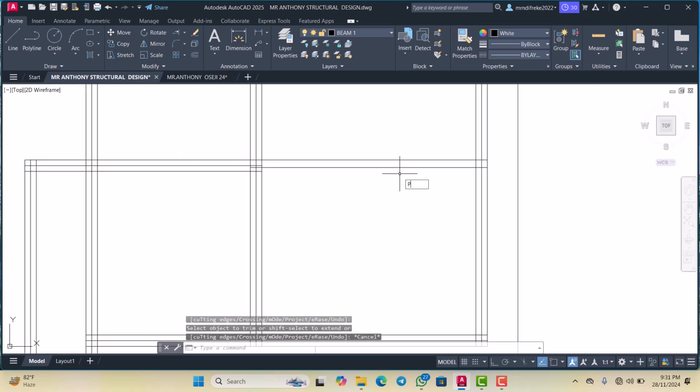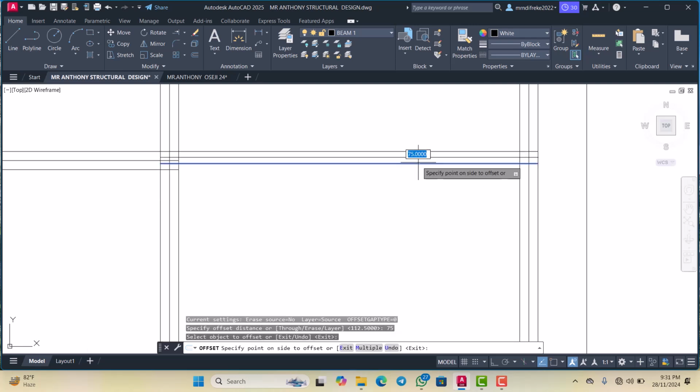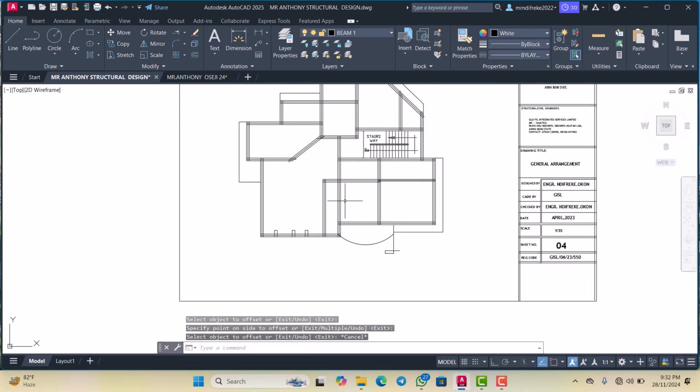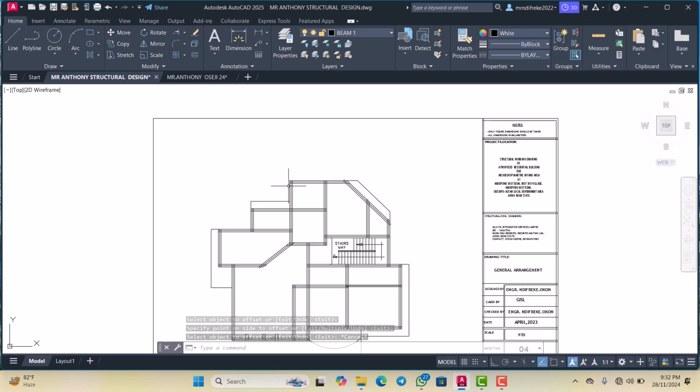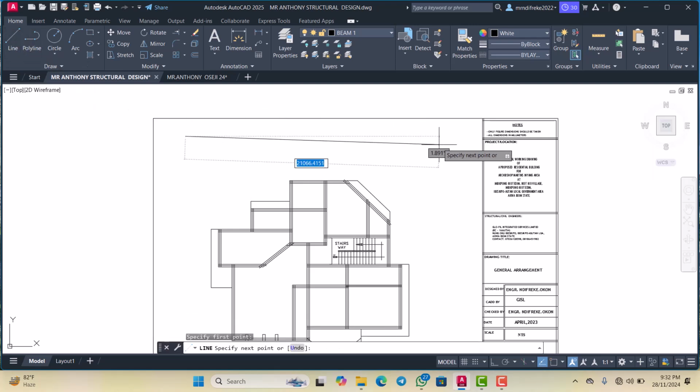So we can also create a center line for the 150. That one will be 75. Okay, so now we want to create an external border